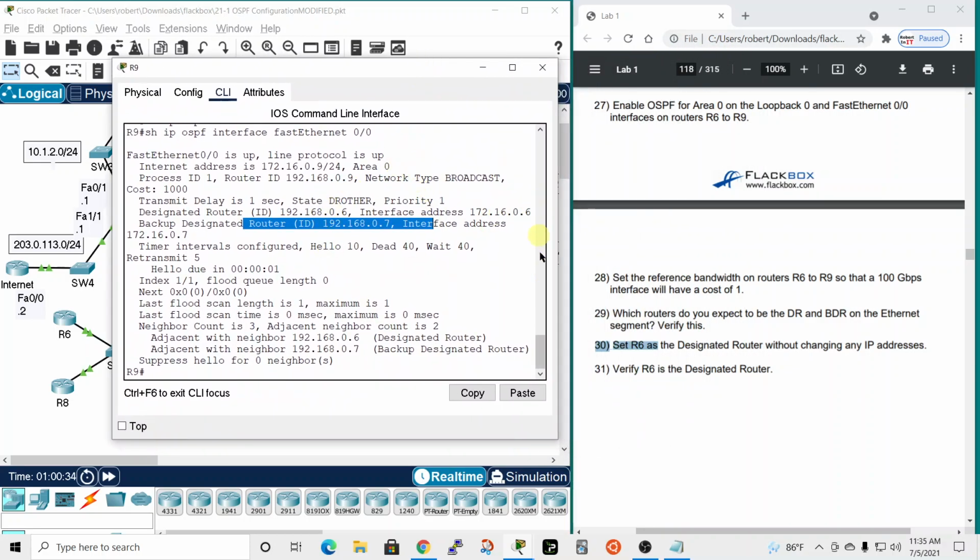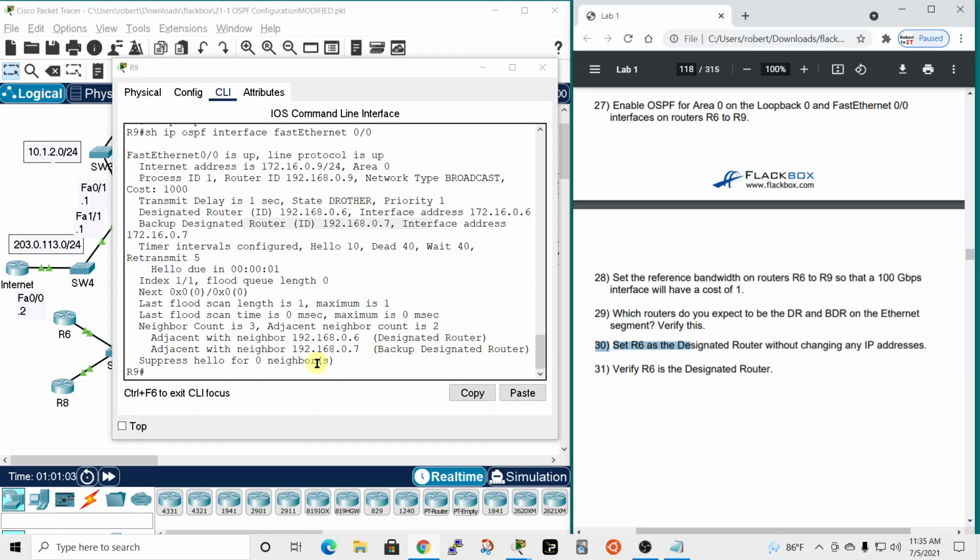That's weird, because if it's wanting to set R6 as the designated router, it tells me in my Packet Tracer it did something different. I don't know why. All right, so number 30, set R6 as the designated router without changing any IP addresses. So instead of making R6 the designated router, let's do it with R9, because R6 already is the designated router. So we need to configure a higher